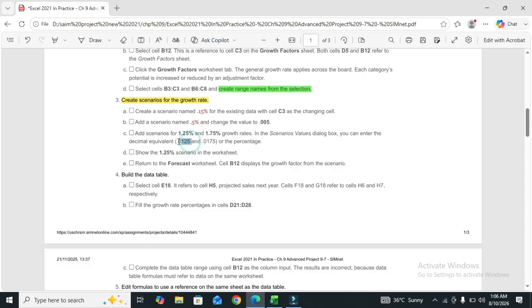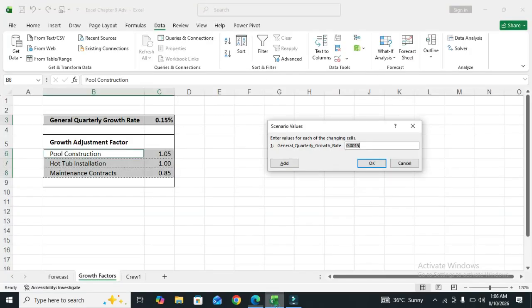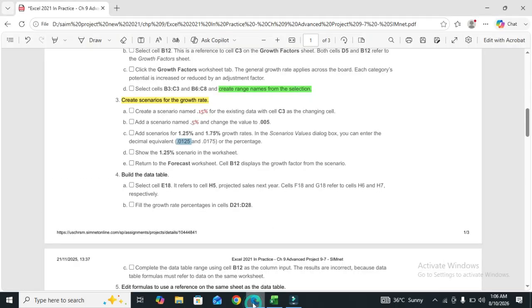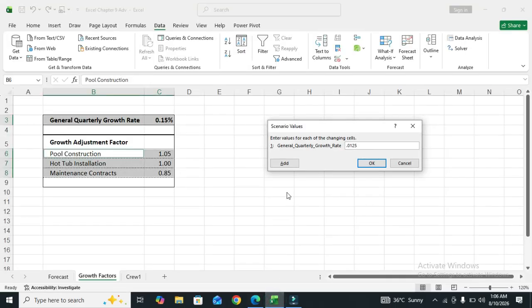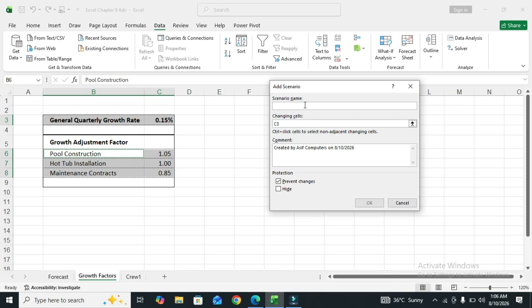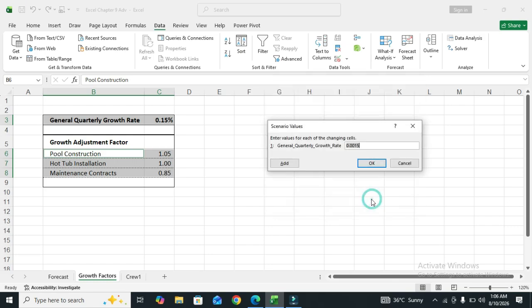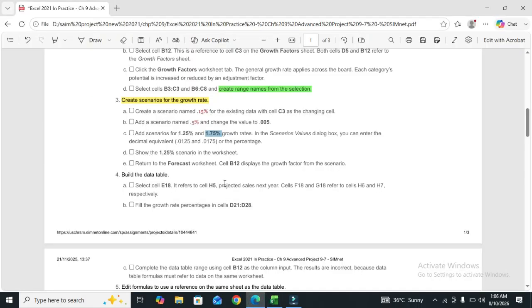Change the value for the general growth rate, then paste the scenario name, click OK, and add the value.